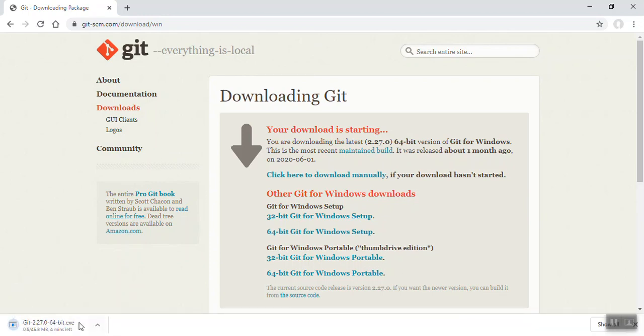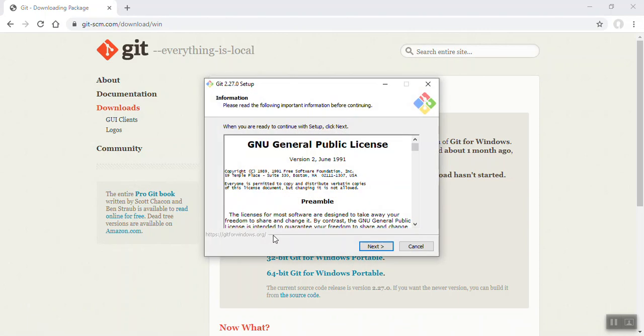You see here it's getting downloaded. So let's go ahead and open this up and click yes. Just going to click through the program files.